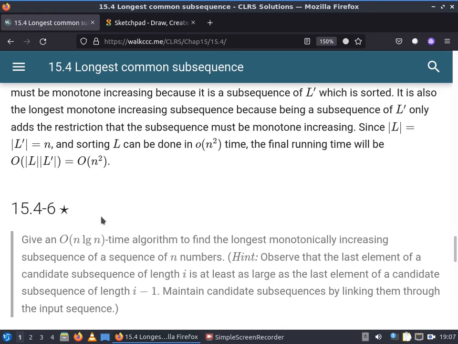Of the CLRS, I'm making a video regarding this because this problem is not that easy. Okay,